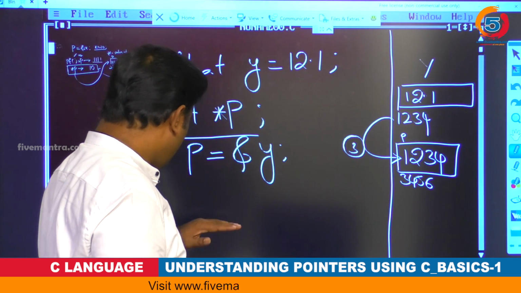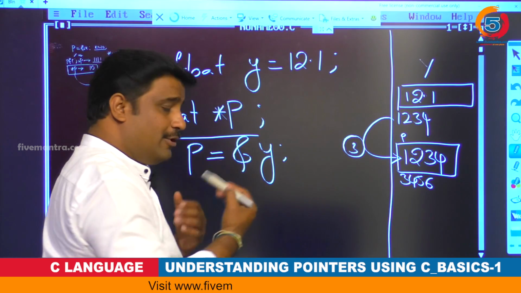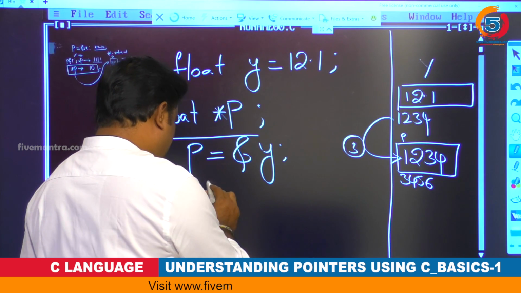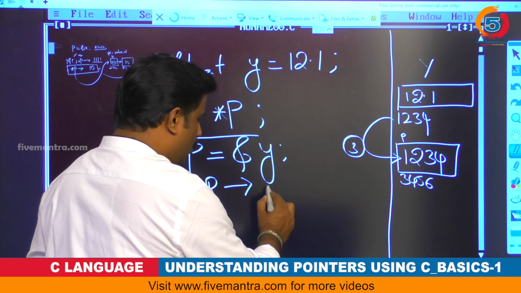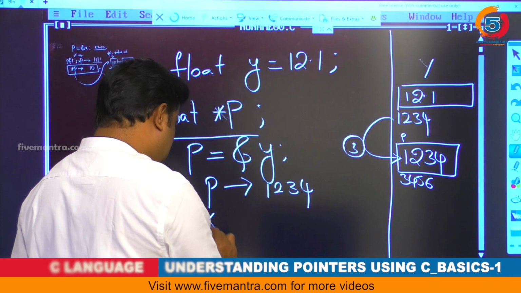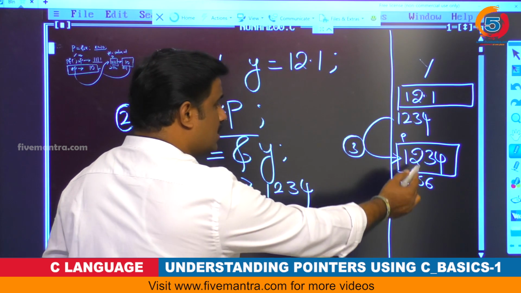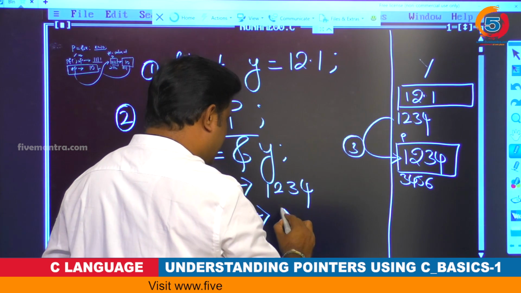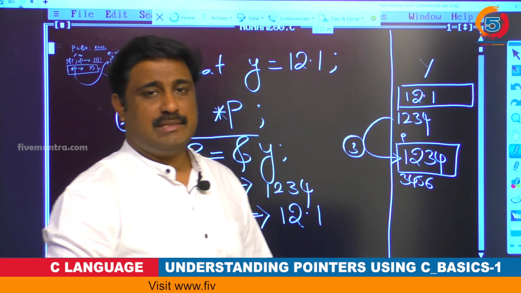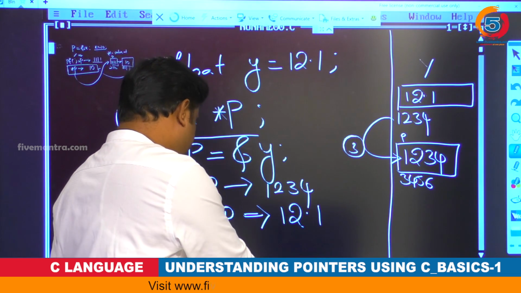Right. Now what I need to do here, see that. Now I want to retrieve, the same way you retrieved an integer value, you can retrieve this. When I say p, it will print 1234, right? When I say star p, it will give the value. Value at means the indirection operation. With the help of the indirection operation, it will give 12.1. This is the important one, right? Got it? So 12.1, this is the fourth step.